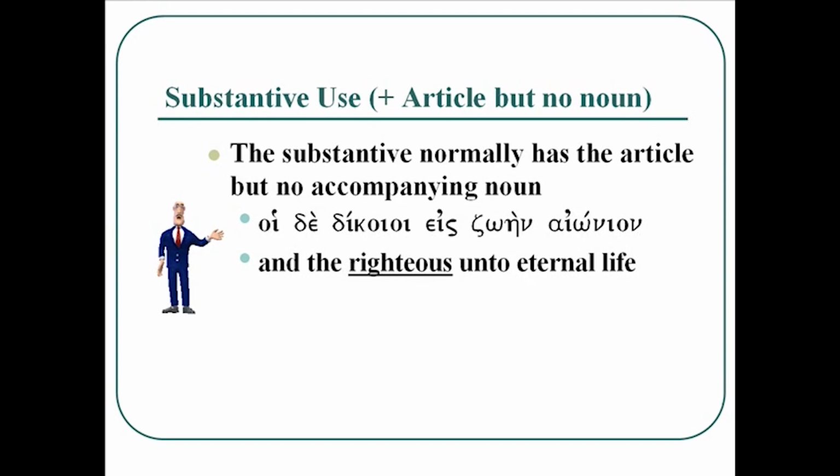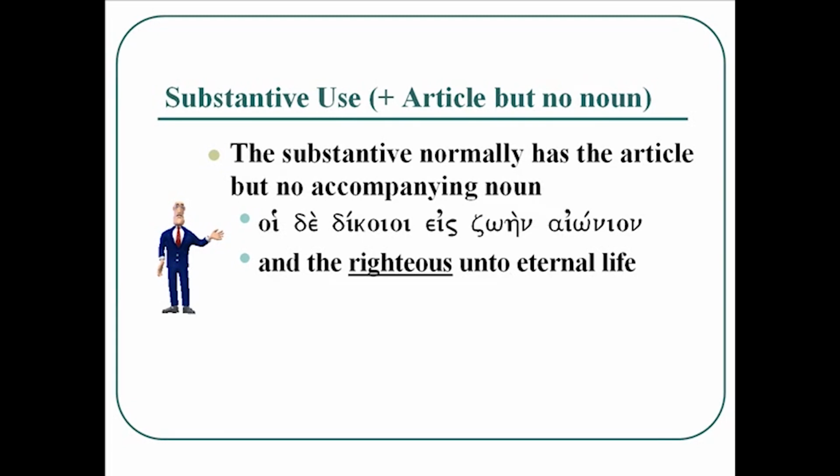You see that the righteous, dikaioi, adjective, actually fills the slot of a noun. Because there is no noun, the adjective takes over that role. So the righteous unto eternal life. It's really the righteous people, but it just says righteous and then it acts as a